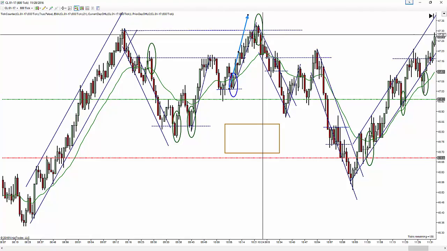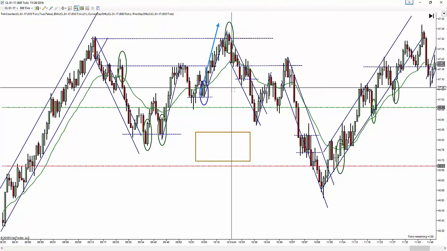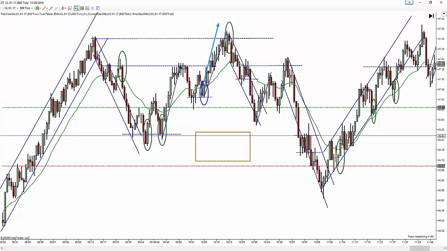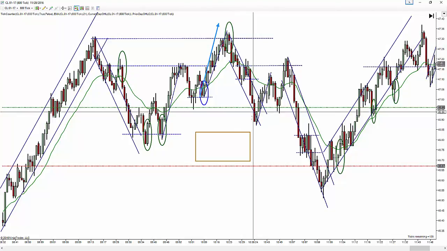Here's a second entry short. Now, whether you take this trade or not off of this, again, we don't know where price is going to get. You think it's going to be heading, maybe retesting this area. It took a while to come down here. As first it came down, if you held on to this trade and got into this trade, you could have ridden it down to here.